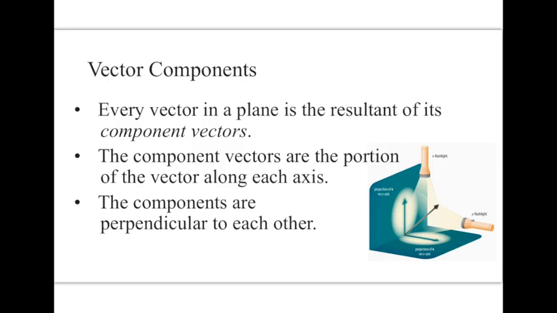So this section deals with vector components. Every vector in a plane is the resultant of its vector components. And so what does that mean? Well, the component vectors are the portion of the vector along each of the axes. So the components are also perpendicular to each other. If you were to look at this sketch right here,